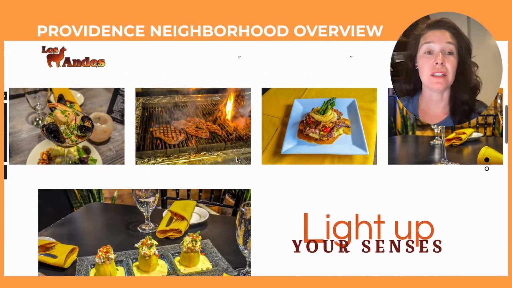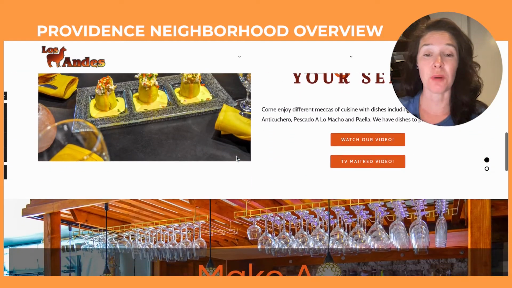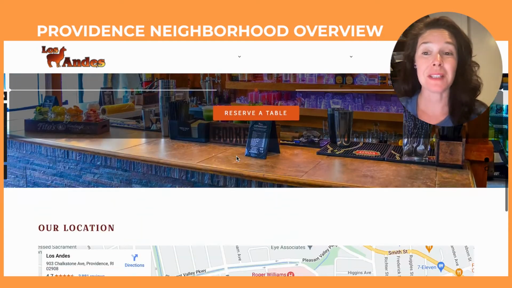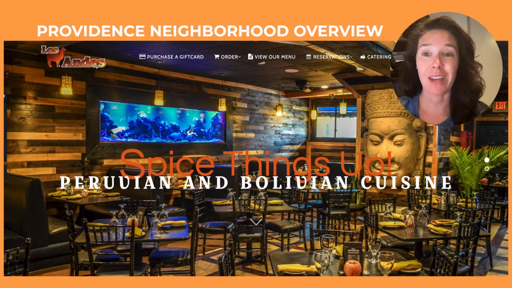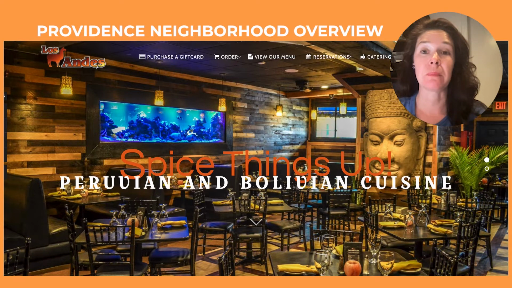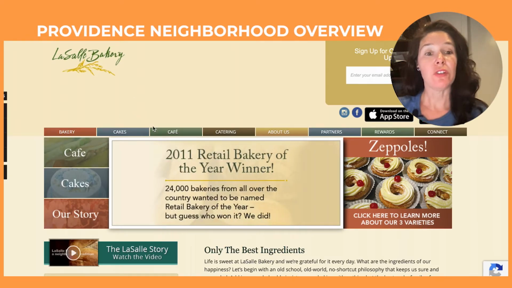In my opinion, it is one of the best restaurants in all of Providence, maybe even all of Rhode Island. Every time I go there, there's something different, and they've added on to it. Their ceviche in the martini glass is absolutely amazing. LaSalle Bakery has been a staple in the neighborhood for a long time, so that's another great thing to be